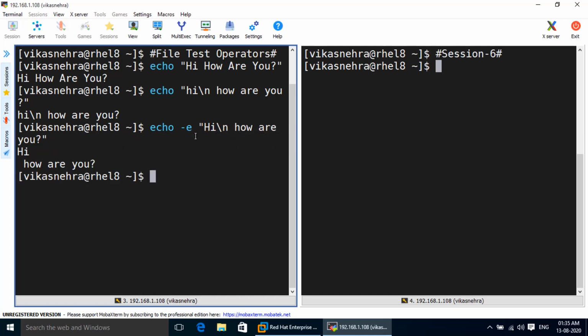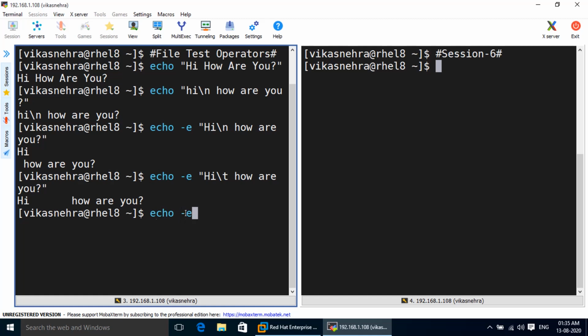Or if I use the tab character like this, then the same will be printed with the tab space on the output. So to enable these backslash or special characters in the script, we can use the echo hyphen e option like this.